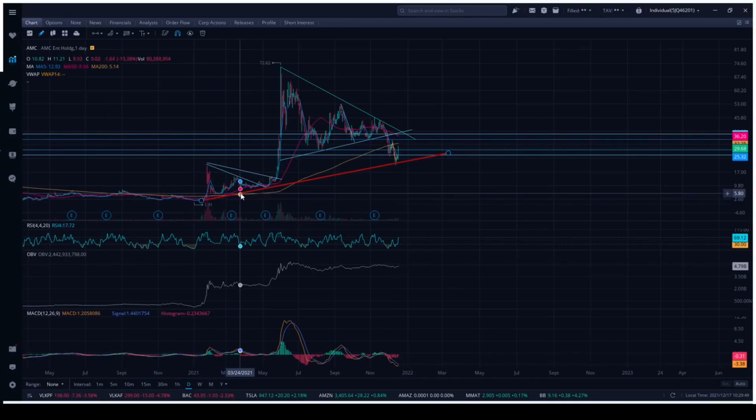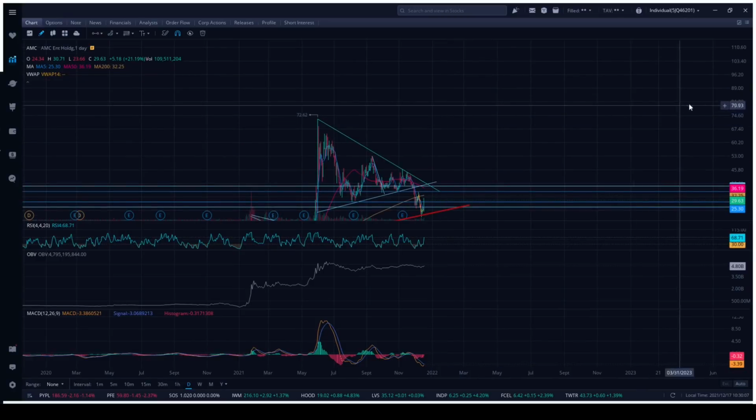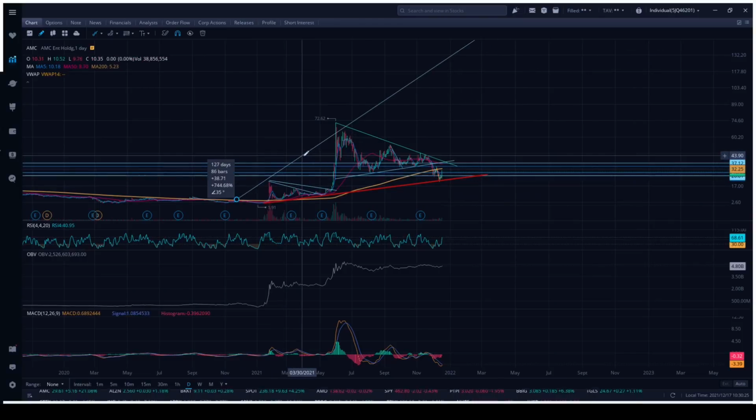And I notice now that the moving averages are kind of doing the same thing where they're beginning to close in to meet and it's looking like they're going to cross here soon, which would be a bearish signal. But for just a moment, I want to briefly look at what possibility we may be looking at if I were to draw an extended ray here. If I were to follow the peaks from the squeeze,